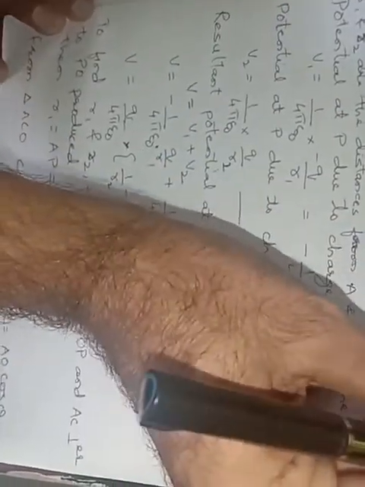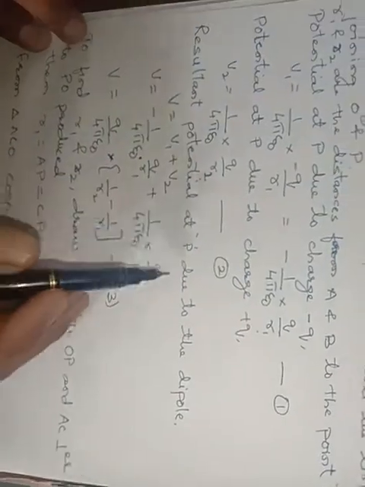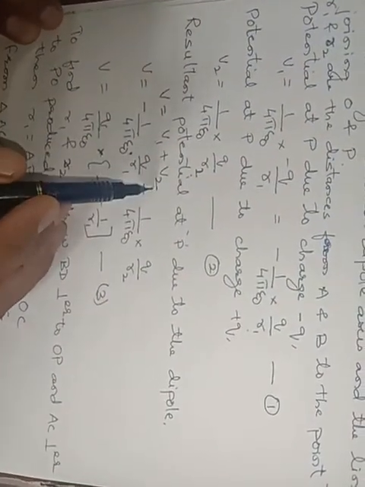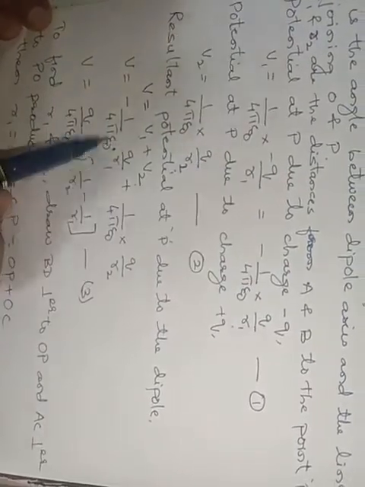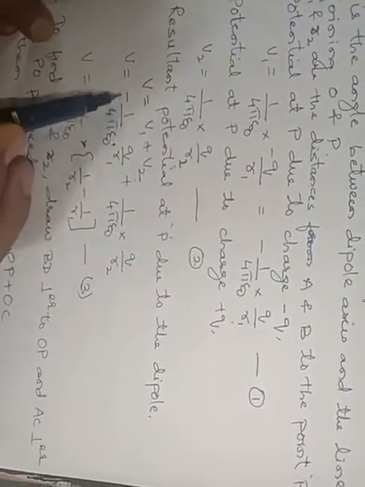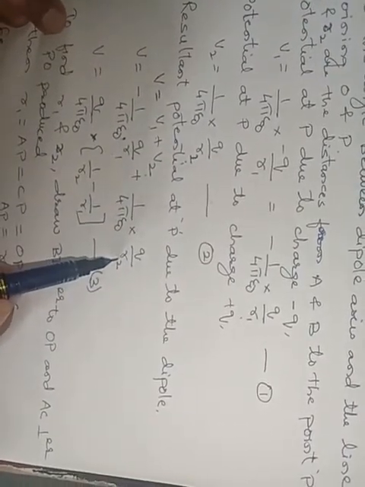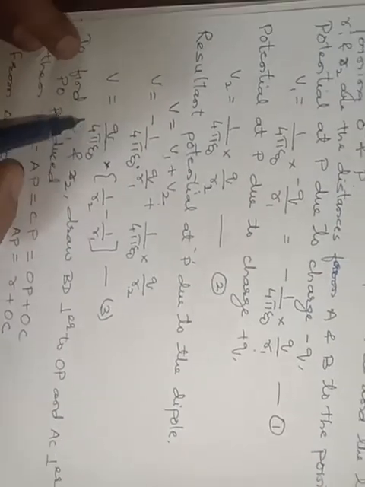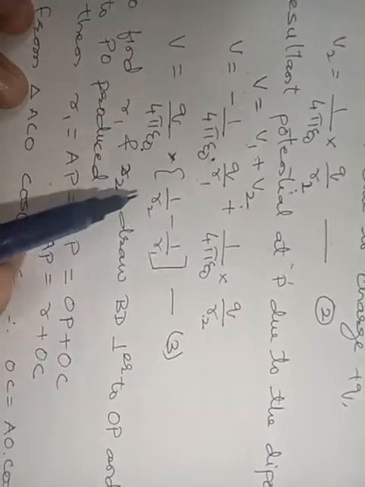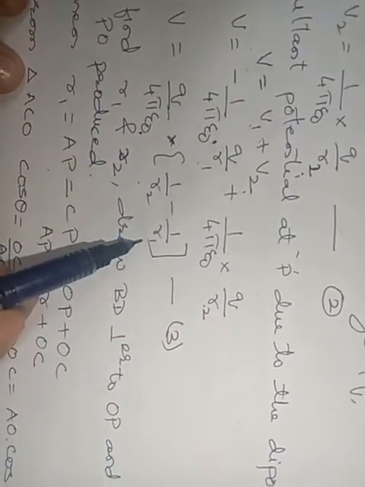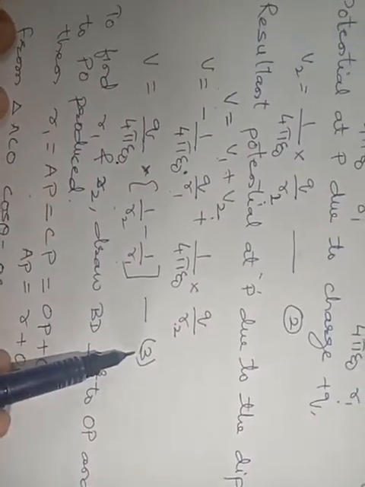So now the resultant potential at P. At P there is a potential due to R1 and due to R2. So the resultant potential will become V is equal to V1 plus V2. Substituting the values of V1 and V2 in this equation, what will we get? Minus 1 by 4 pi epsilon naught Q by R1 plus 1 by 4 pi epsilon naught Q by R2. If you simplify this, Q by 4 pi epsilon naught is common. So what will remain here? 1 by R2 minus 1 by R1. This becomes equation number 3.